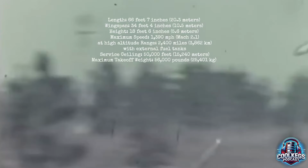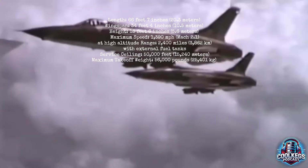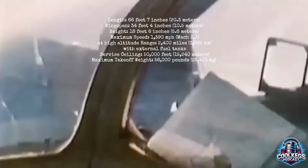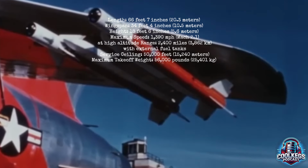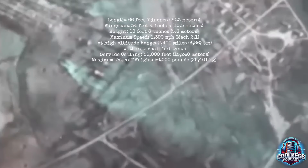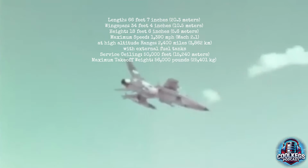Some general specifications of the F-105 Thunder Chief, because who doesn't like numbers? Overall length was around 66 feet 7 inches, or if you prefer the metric system, 20.3 meters, with a wingspan of 34 feet 4 inches, or 10.5 meters, a height of 18 feet 6 inches, or 5.6 meters, and a maximum all-out flat speed of 1,390 miles per hour, or a solid Mach 2.1